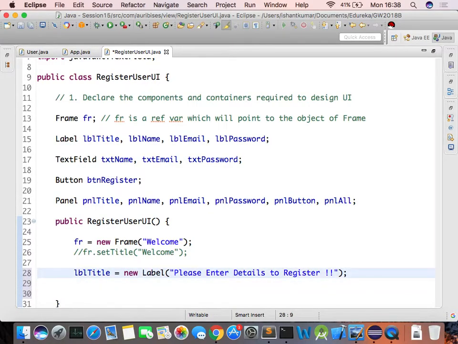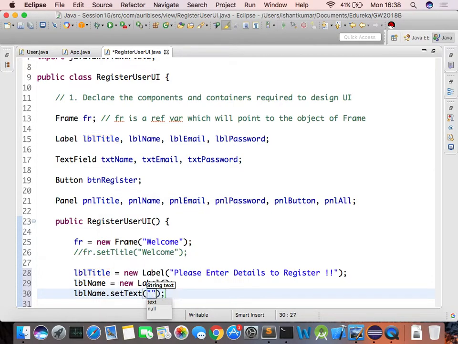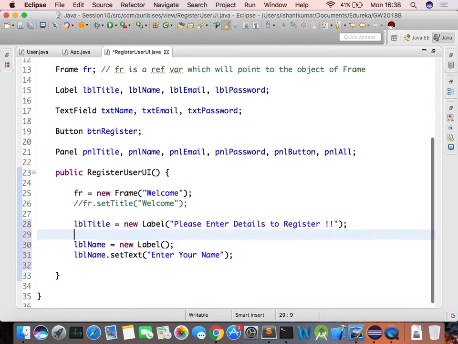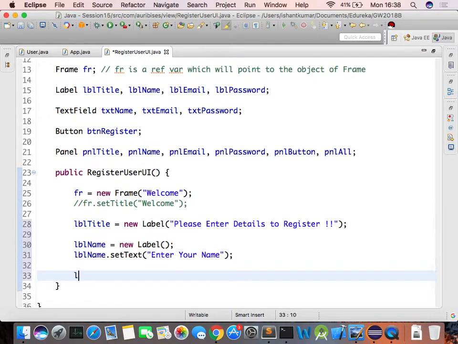I can even come up and say that lbl name is a new label, and thereafter you say lbl name dot set the text, enter your name. So choice is yours again. So whether you want to make a function call later, you can even do so. So lbl email is a new label, enter your email,